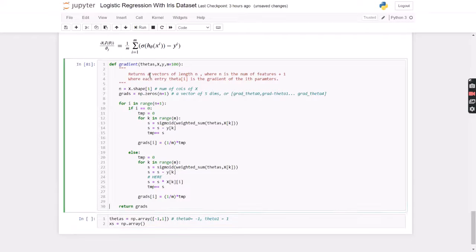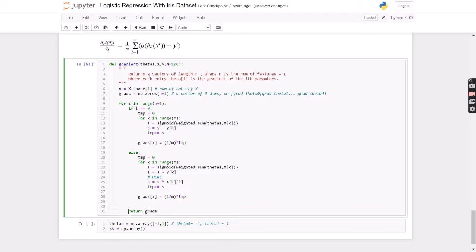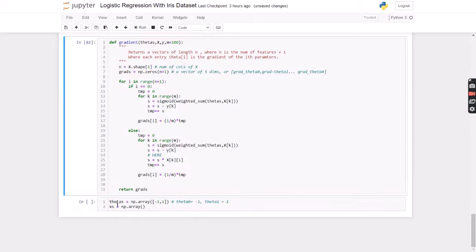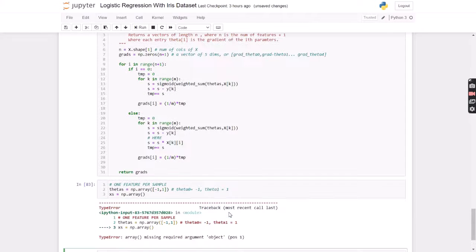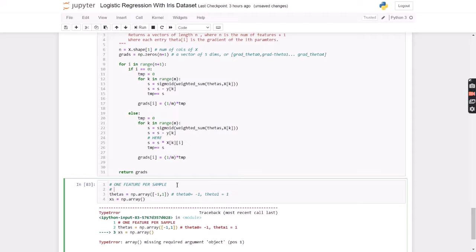So in the original problem for this one that we are talking about here, we would have just one feature per sample, right? So that means that this can be anything like